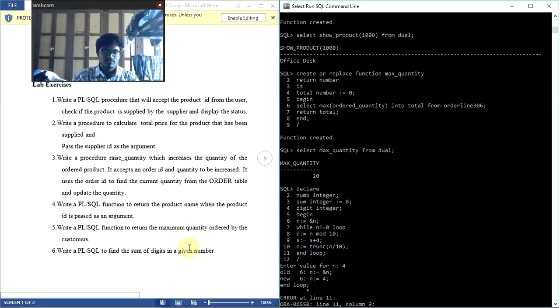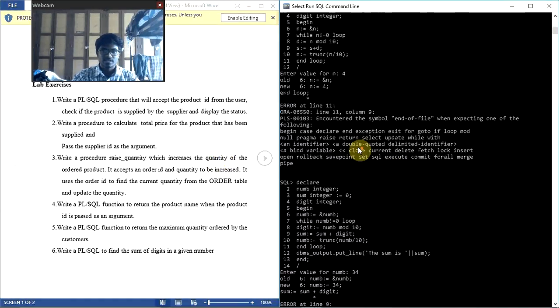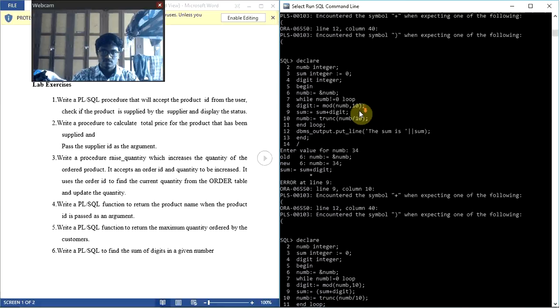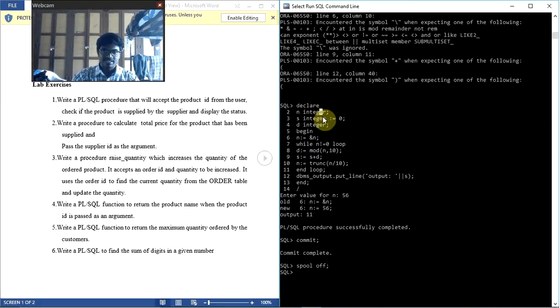Then the last question: find the sum of the digits in the given number. In this I created an anonymous block, without a name, as you can see. I'm getting the integer, and this is a sum variable which is 0, and this is the digit that is displayed as D. Getting the value from the user, until n is equal to 0, it takes the remainder and stores it in the digit. The last digit will be stored and added to this sum, and